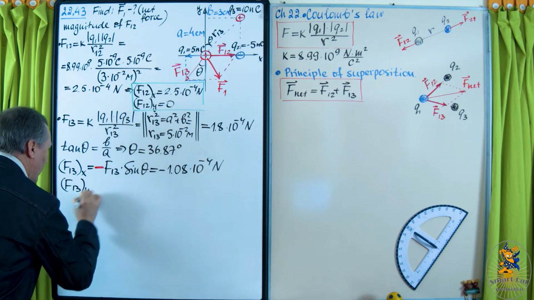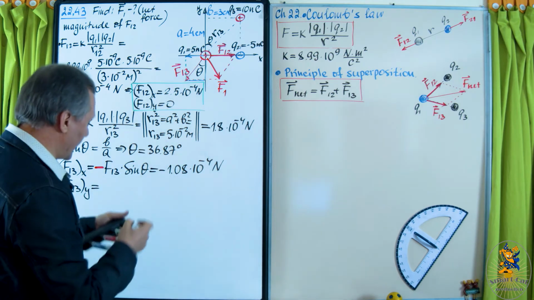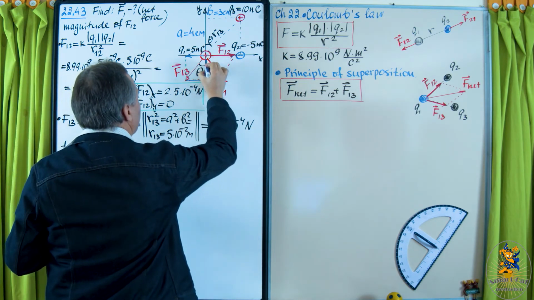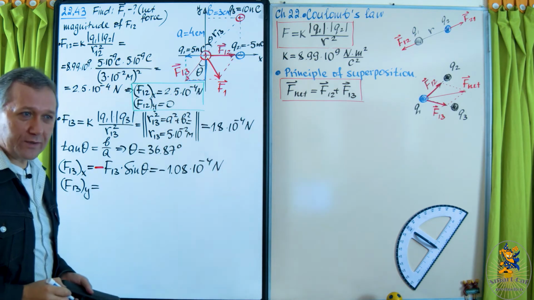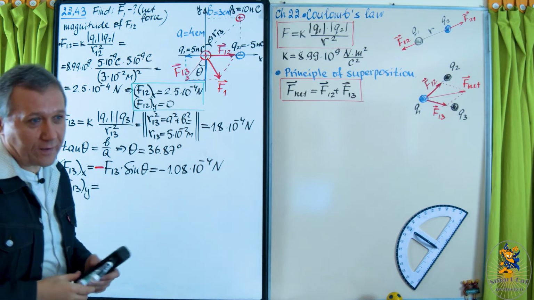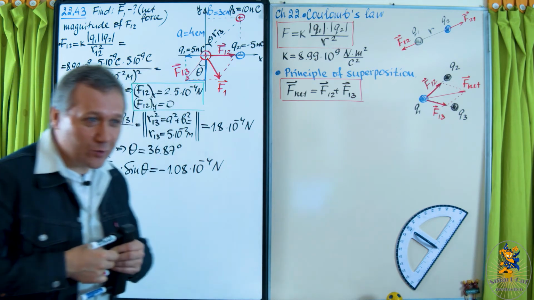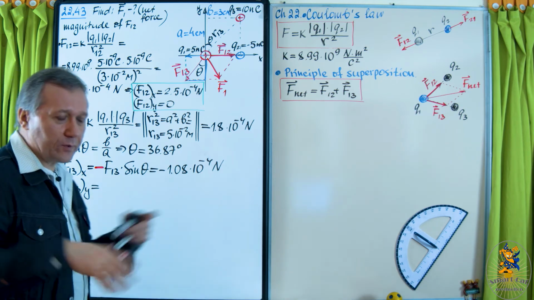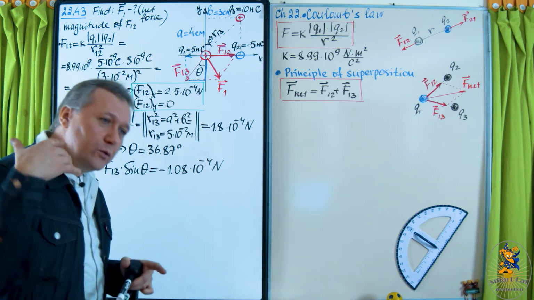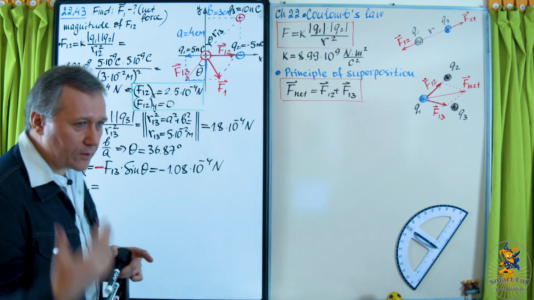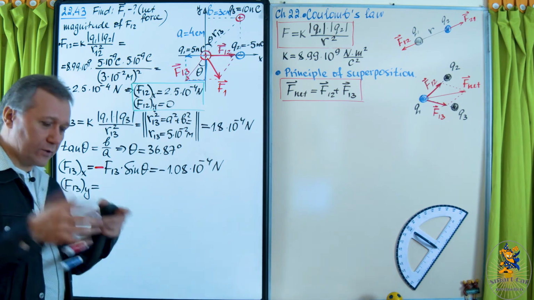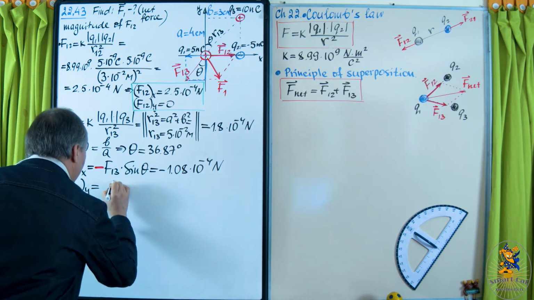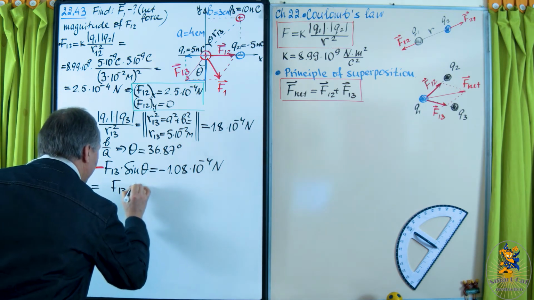F13y equals. Okay, so the y component, of course, is this side, adjacent to the found angle, right? So, of course, to find the adjacent side, we need to use the cosine function. Again, make sure that you are comfortable with using the sine function and the cosine function. Lots of students have trouble on that side. So again, I will do the same. F13 times